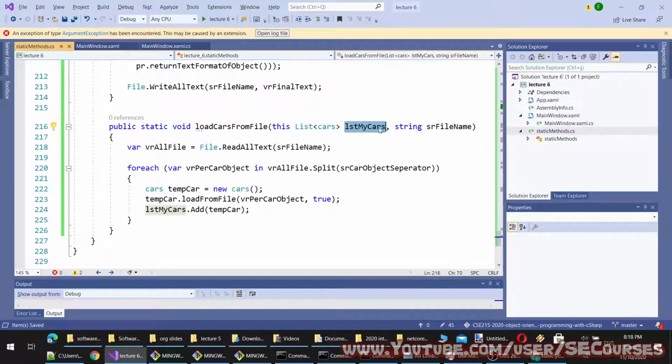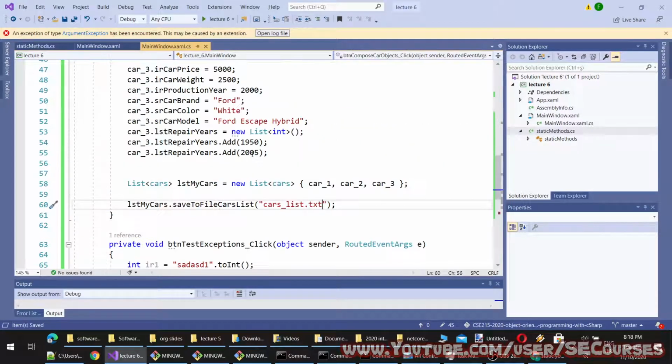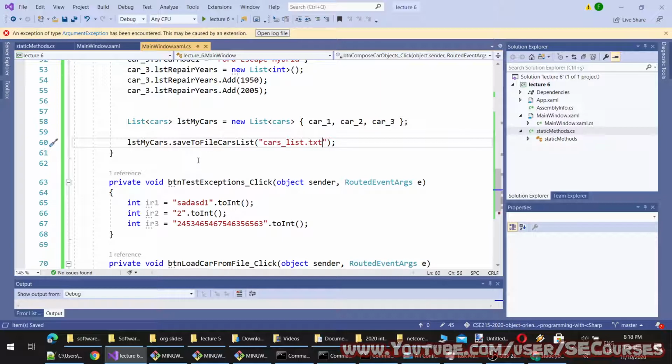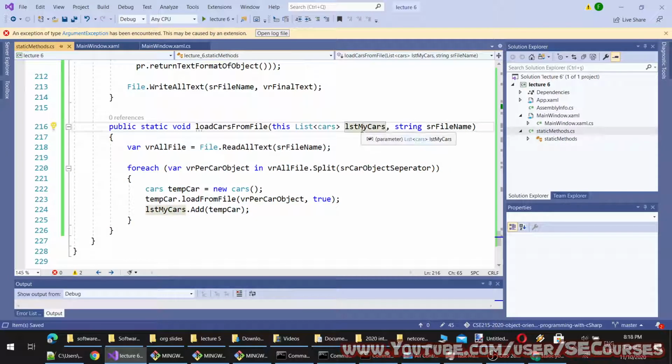You see, this is the reference type. Therefore, the modification I make to this list inside this method call will be applied to it in memory, and it will work here as well, because it is just a reference of the actual list.